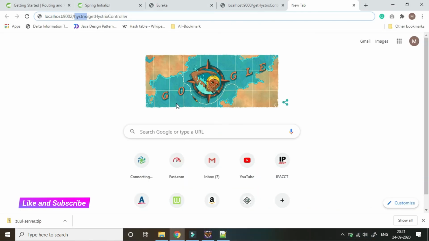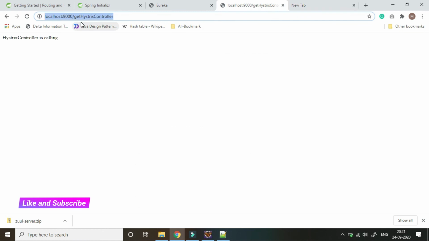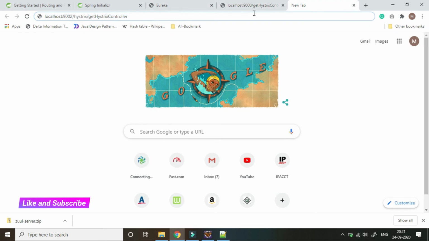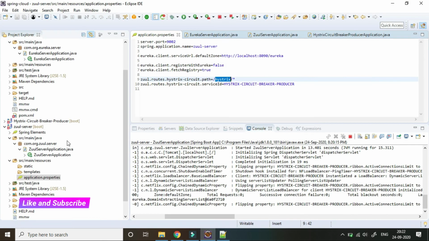Then we will use our getHystrix controller, which is not part of this Zuul server. This is part of the Hystrix application. Once we hit this one, it will internally redirect the call to the Hystrix circuit breaker producer.